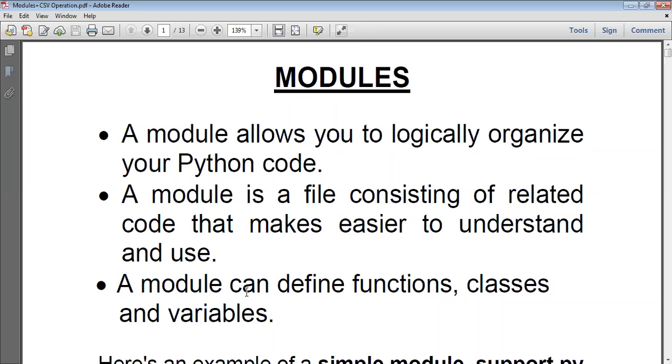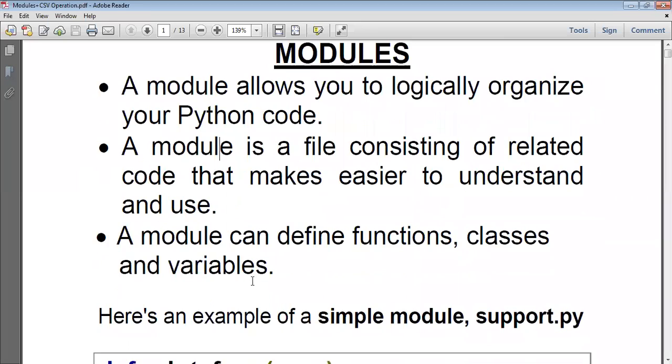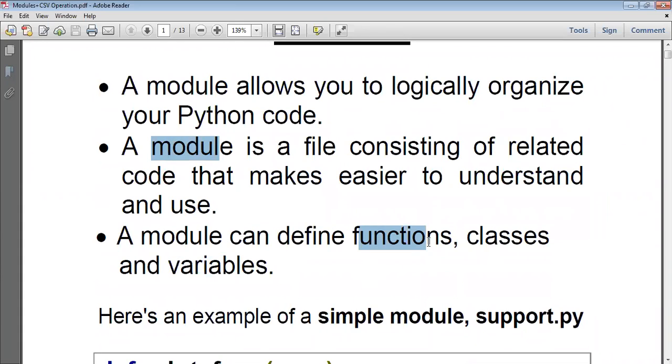That is the necessity of a module. A module can consist of functions, classes, and variables. Classes are a combination of variables and functions, combining the data and the functions. So a module can consist of code which may be functions, classes, or variables.